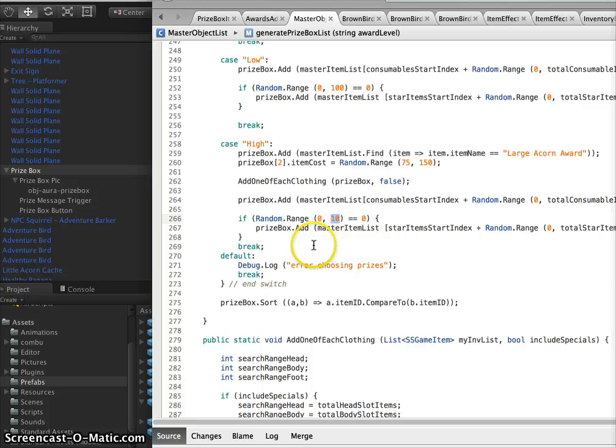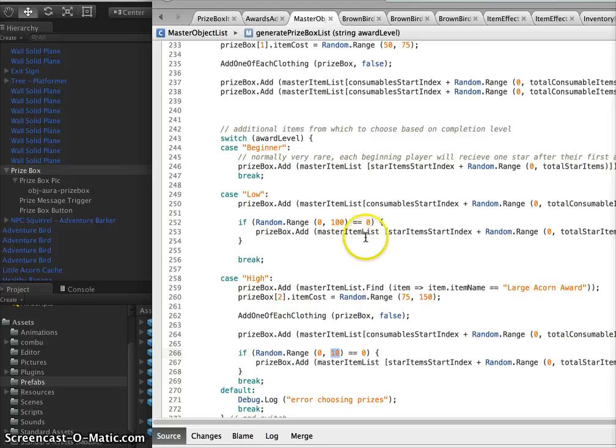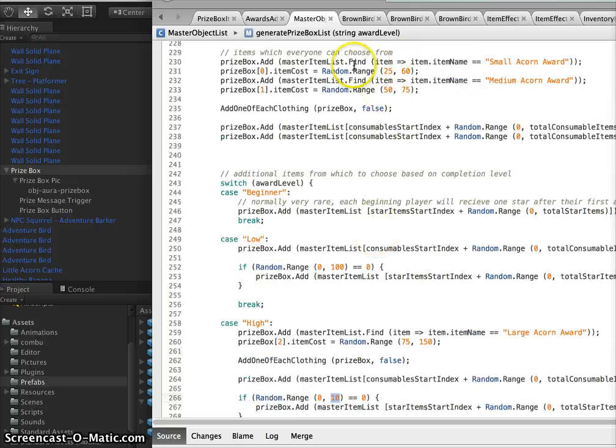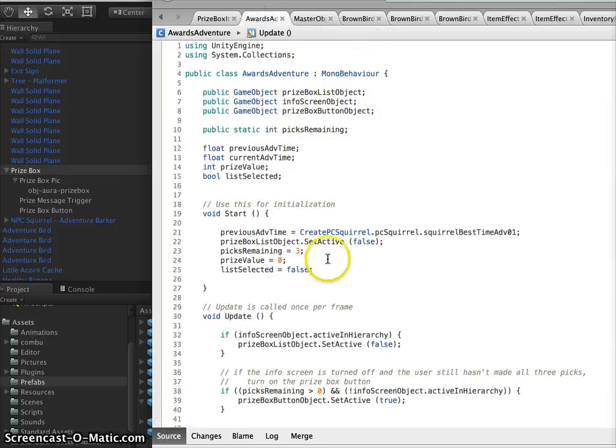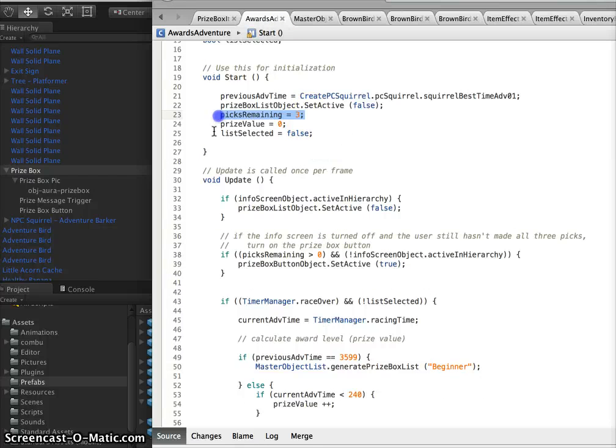So the value increases as you perform better. And then you get 3 picks while you're collecting from the box itself. All right, next,